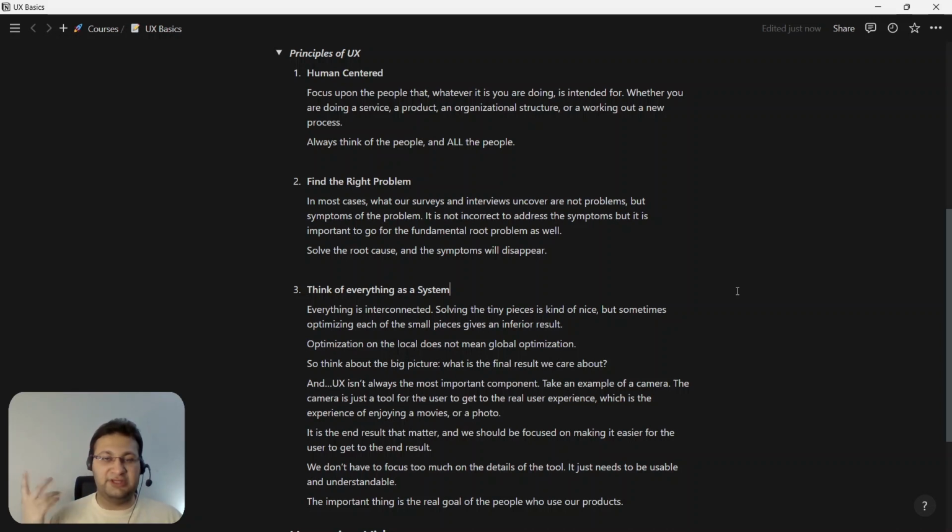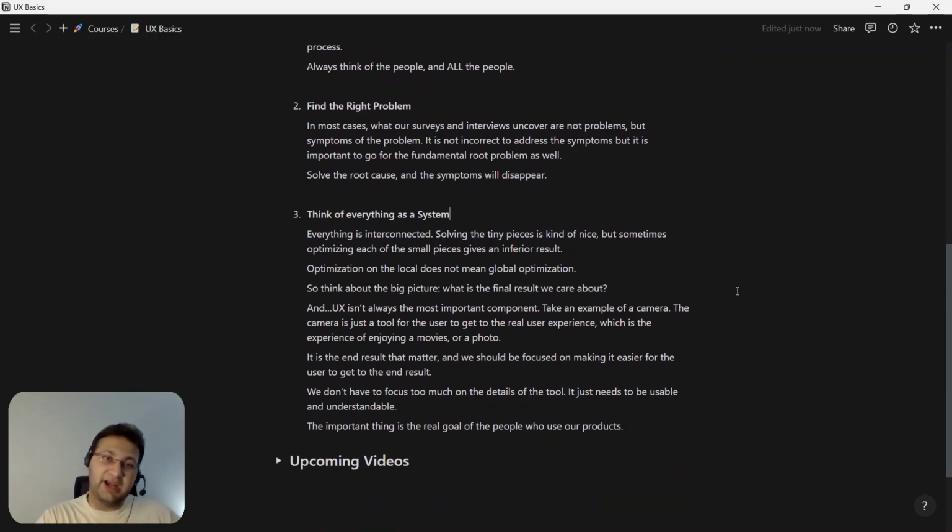If you take an example of an organizational structure, if you are building out a collaboration process, you won't only think about your immediate team or the people who will be directly influenced by that process, be it the design team or engineering, but you have to take a holistic view and think about all the people in the organization. Because sometimes people who may not be your directly influenced audience may be edge cases. So you need to think about everyone, not just a sample or the directly influenced.